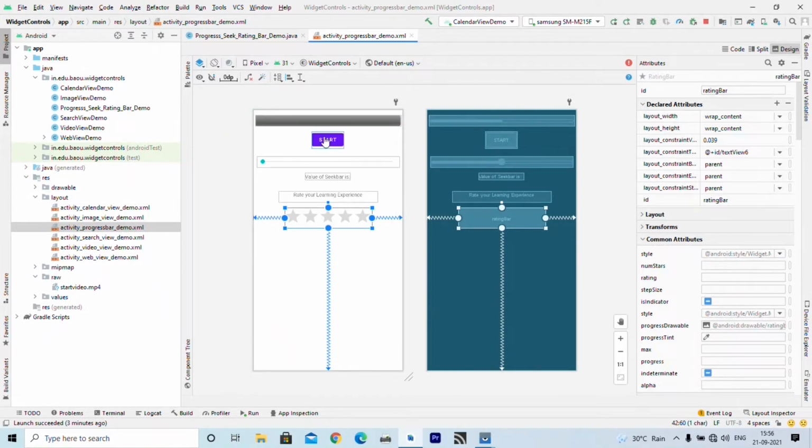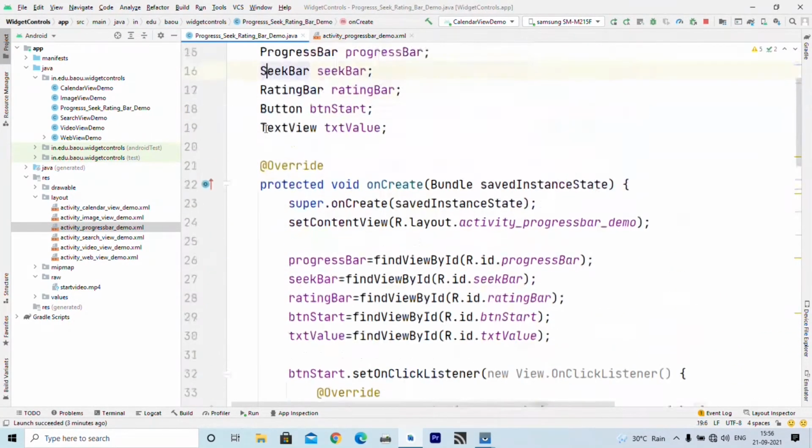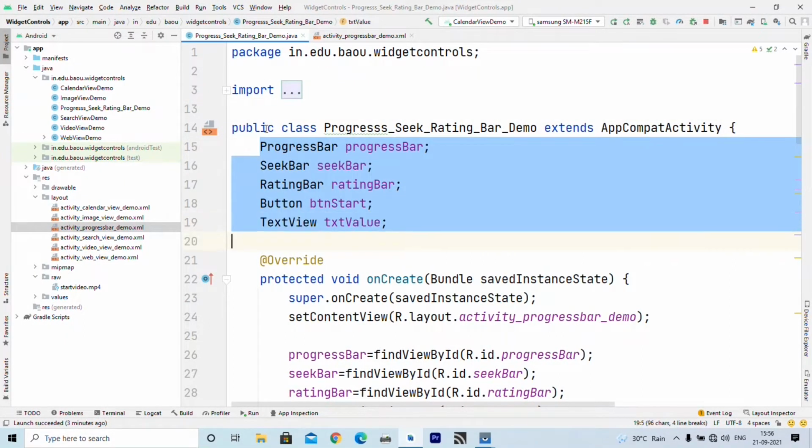Now let us go to Java file. So first we have initialized objects that we want to use in our coding. So I declare progress bar, seek bar, rating bar, button and text view to display value of seek bar, right? This is a variable declaration or object declaration.